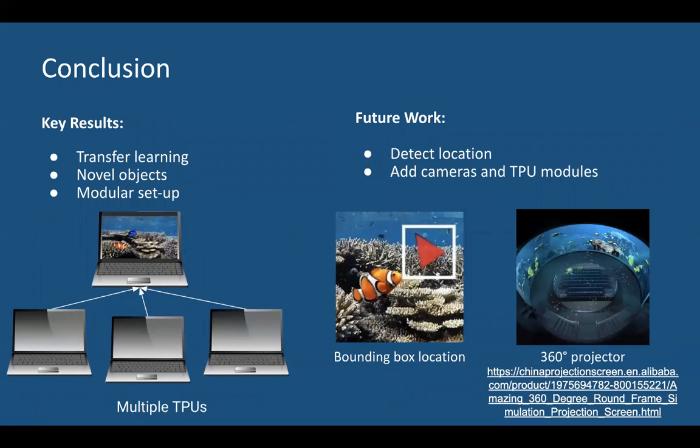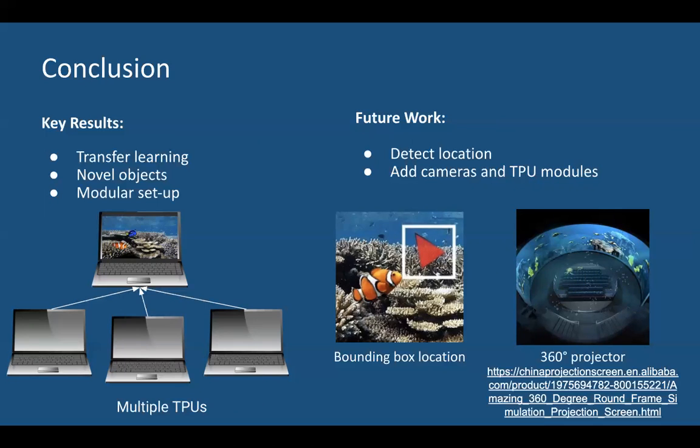Some of the key results from our project were that we were able to use transfer learning to retrain the VGG16 model to recognize stars and triangles. Our model can easily be retrained with other images like coral or seaweed to add more objects and interactions to our exhibit and make it more educational. Finally, because we were able to use a modular setup, we can also add more cameras and tensor processing units